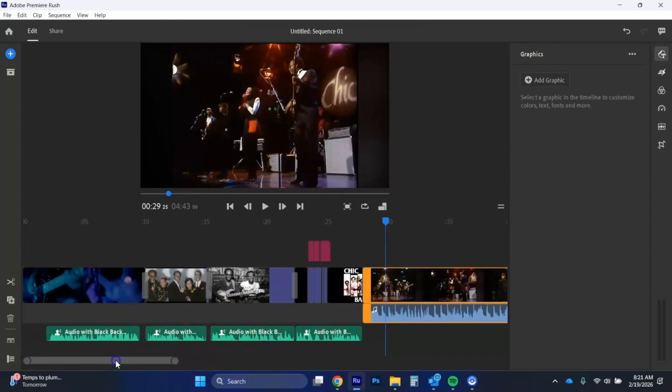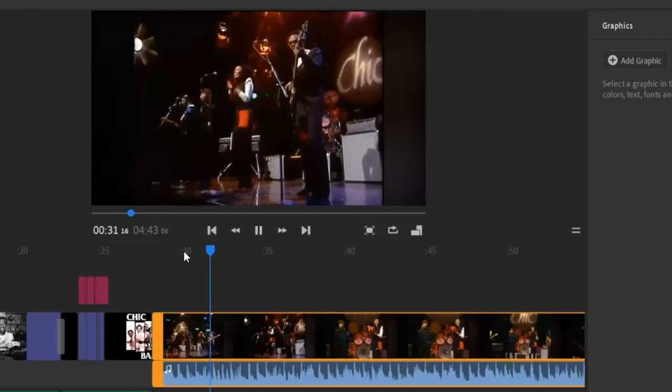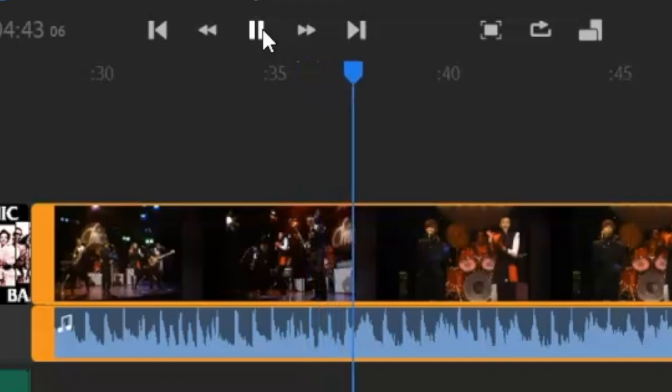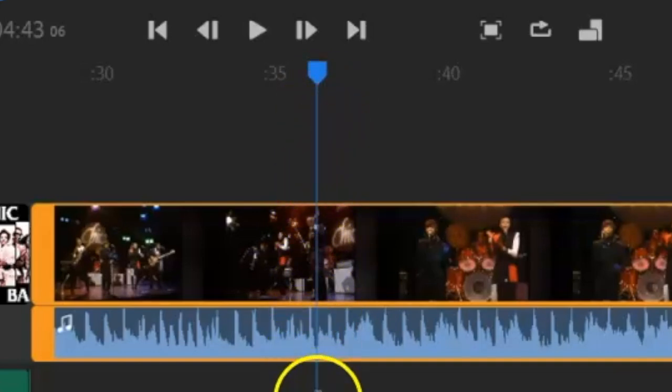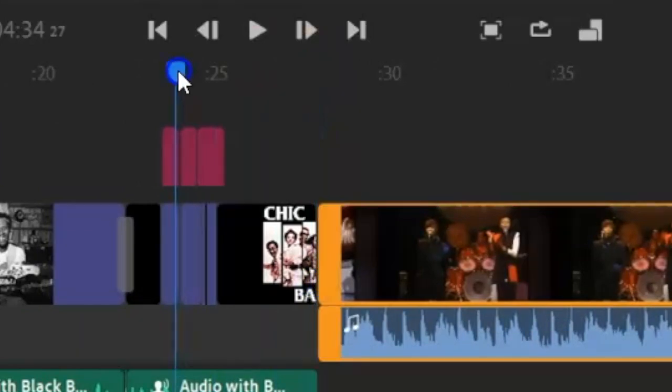I want to move it forward to right before when they start singing. So when does that happen? There, so I'm going to back it up like a couple of seconds before they start singing. And a secret, if you put the blue playhead right where you want the video to start, go to the beginning. If you get close to that start point, with your cursor, it's going to show the playhead going forward. I'm going to click and hold, this is my pointer finger, on the left mouse button, and I'm just going to scoot it forward. And it should start right before they start singing.